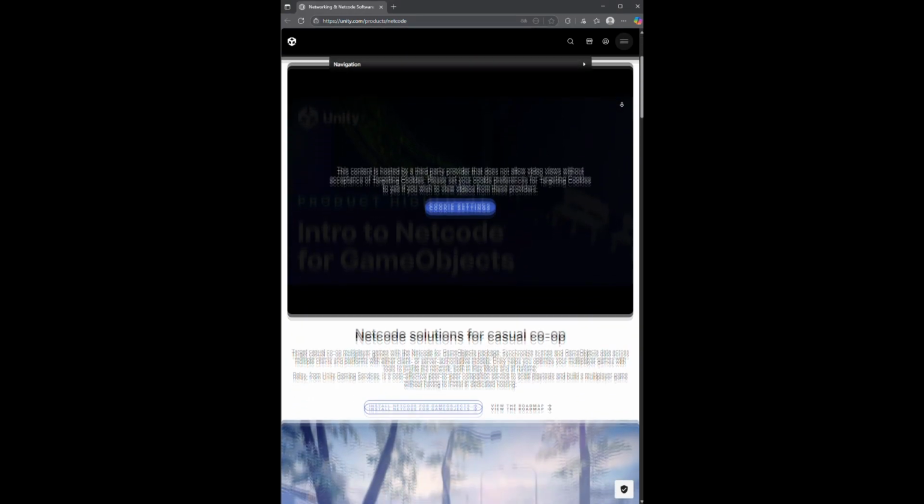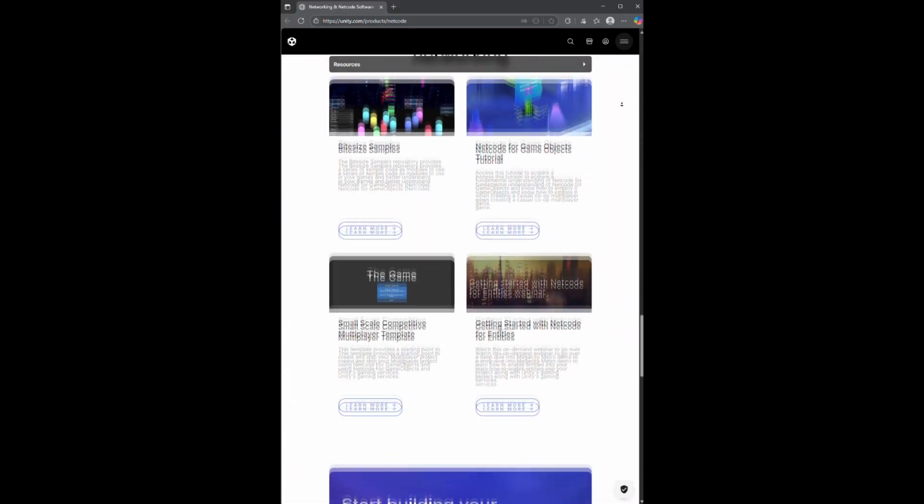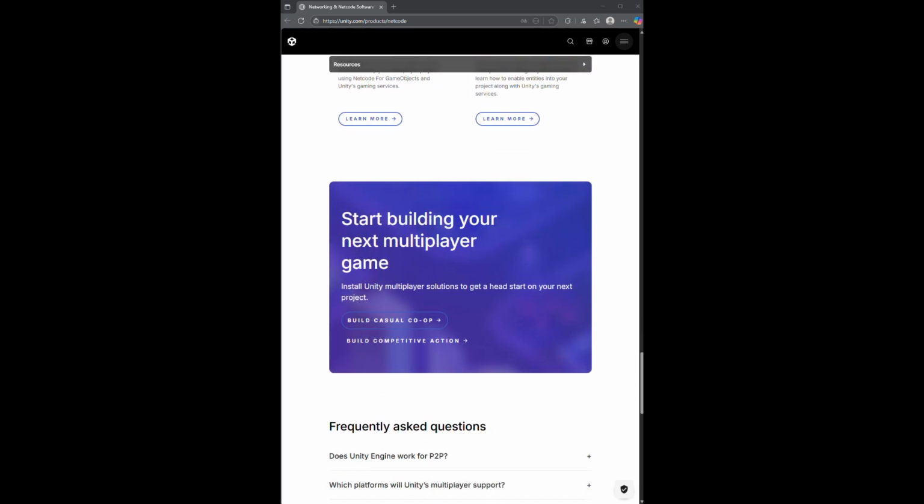Then I had to install some extra packages, including Netcode for GameObjects. What's that, you ask? It's Unity's official networking system for multiplayer games. It lets objects like players, enemies, or other items exist across multiple players' computers. So if you have a player on your screen, your friend will have the same player on their screen too. How does it work? There's a host, the computer controlling the game, and some clients, players joining the game. If the host moves, creates, or destroys an object, that action gets sent to all the clients, so they can do the same on their computers.